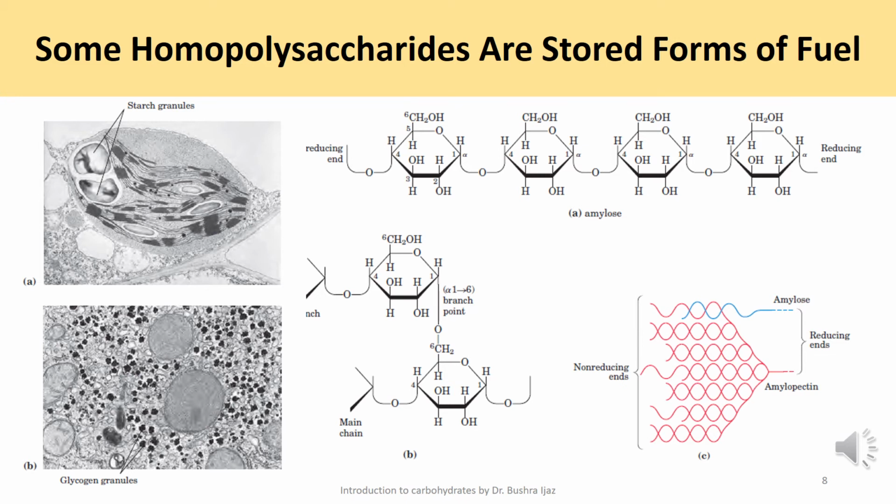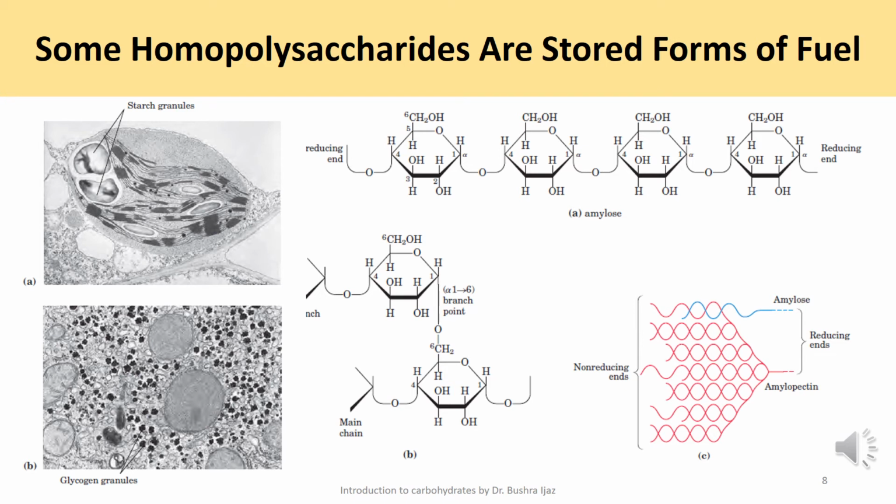In the case of glycogen, which is the main storage polysaccharide of the animal cell, like amylopectin, it is a polymer of alpha 1,4 linked subunits of glucose, with alpha 1,6 linkages at the branches, but glycogen is more extensively branched. On average, there are branches after every 8 to 12 residues, and they are more compact as compared to starch. Glycogen is especially abundant in the liver, in the hepatocytes, where it may constitute more than 7% of the total weight, and it is also present in the skeletal muscles.